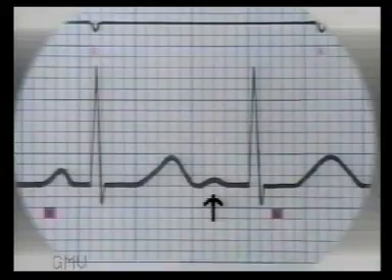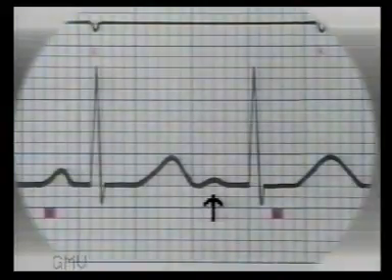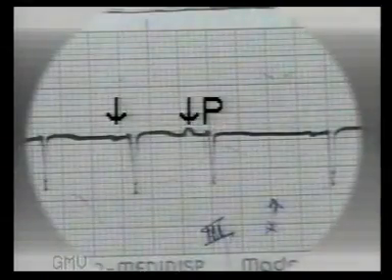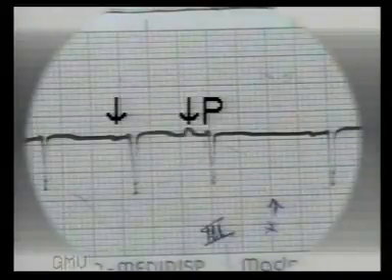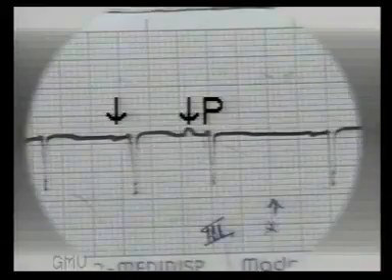In this premature beat, the P wave is similar but slightly different from the other sinus beats. So this is an atrial premature beat. Note the upright P wave slightly altered in an atrial premature beat. The PR interval is normal. In this ECG, the premature beat shows an altered P wave different from the regular sinus P waves. So this is an atrial premature beat.